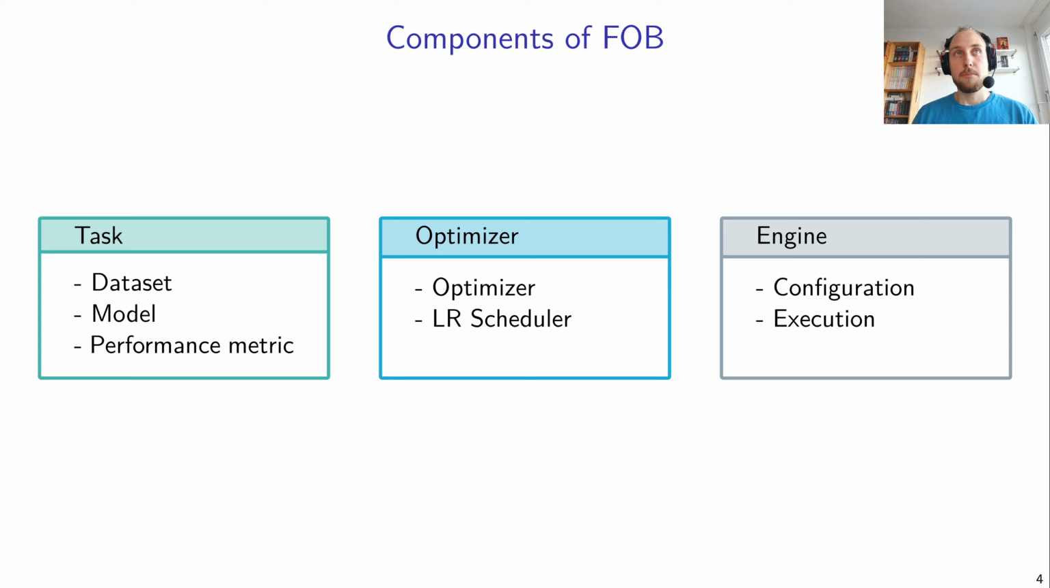Now back to FOB. There are three main components of FOB. The tasks, which consist of the dataset, model, and a performance metric. The optimizers, which consist of the optimizer and the learning rate scheduler. And then we have the engine, which takes care of the configuration, execution, and running of the training pipeline. This modular design makes it easy to plug in your new optimizer and also even extend it with your own